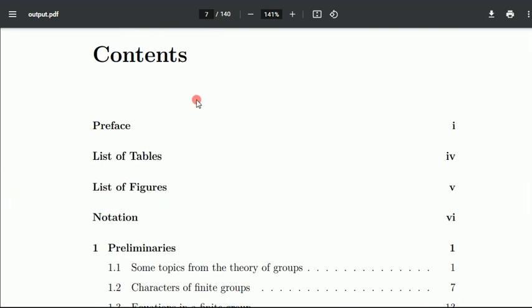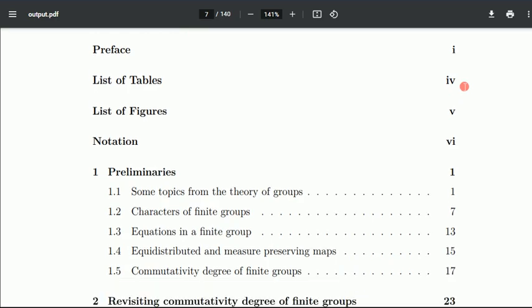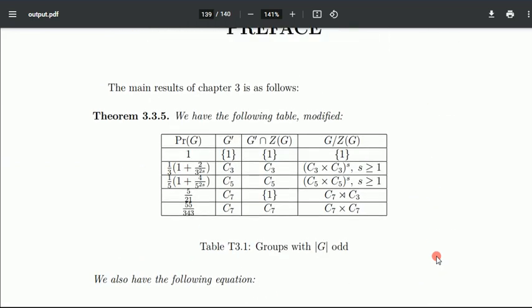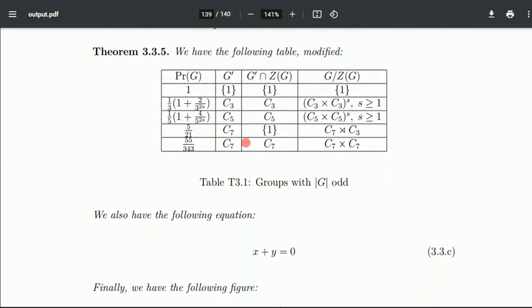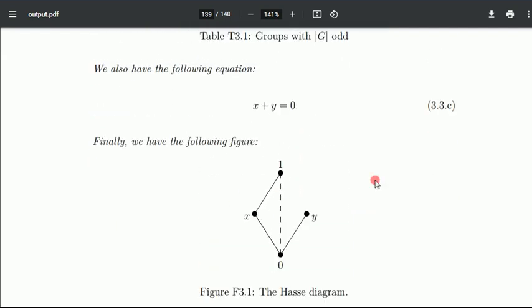There will be a blank page here which you can discard, but inside the contents the word preface has come with page number Roman 1, and preface is right at the end here, and with that advantage of preserving everything,